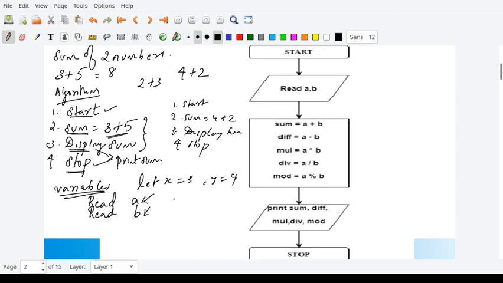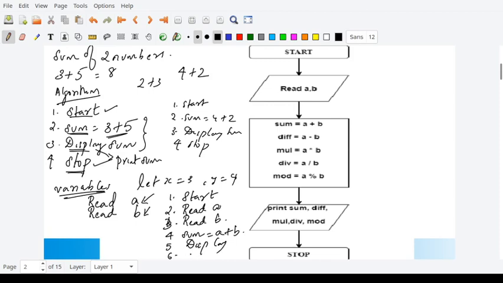I can write a general algorithm, that is start, then the second statement will be to read the two variables. So I will read a, then I will read b, then the fourth statement will be to find the sum of a and b. The fifth statement will be to display sum.